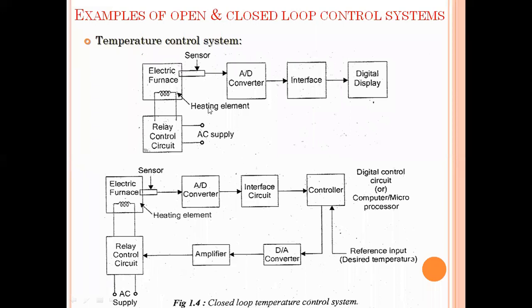See, all these 5 elements which exist in the open loop are also the same in the closed loop. So all these 5 elements are the same. Extra 2 elements are added. One is an amplifier and the second one is a D2A converter. So these two commonly form a feedback. So that is the major difference between open loop and closed loop, right? Feedback. So these two blocks will form a feedback.